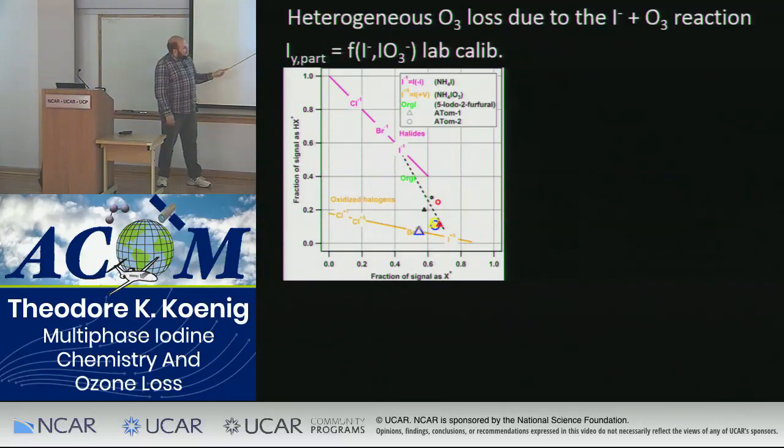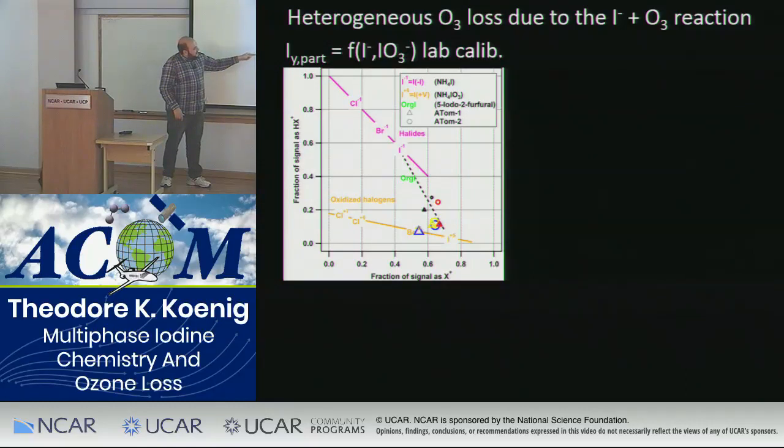And then the oxidized halogens, perchlorate, chlorate, bromate, iodate, follow a similar line. The extra ion that this extra signal is going into is different for each of these species, but in the case of iodate, it almost all goes into I2+. So we have some small IxOy signals, but most of it goes into I2+.